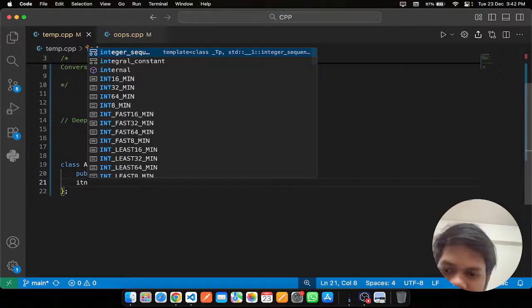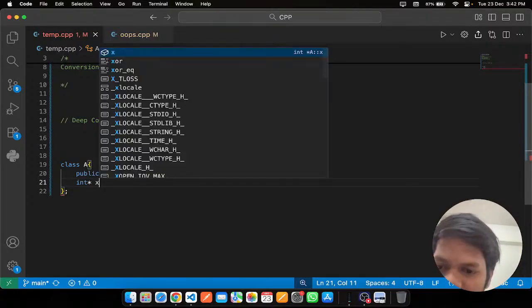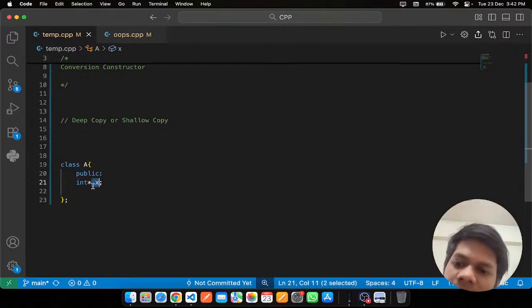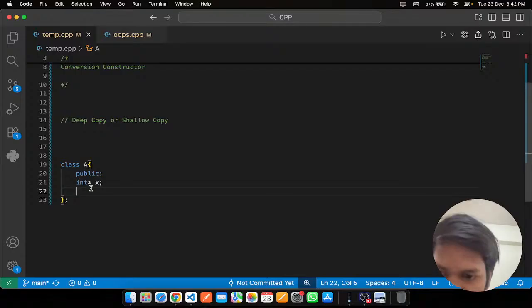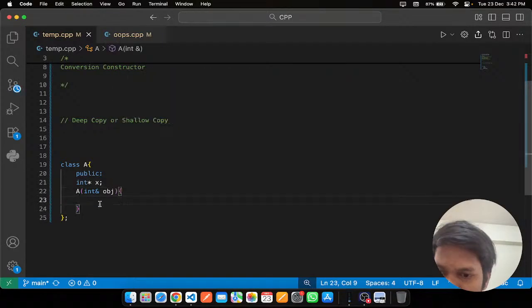The problem arises with copy constructor plus pointers. If we have any pointer data, any data that is not in stack memory but is in heap memory, for example, x here is in heap memory. This is the pointer, it will store the reference of any other integer variable. Now I am going to initialize it with a constructor, that is A. We must have any reference of another object, and I am going to star the value of